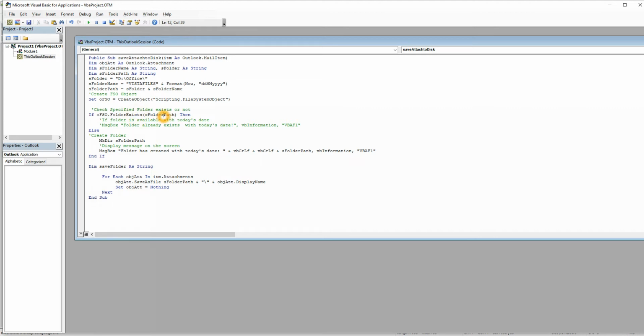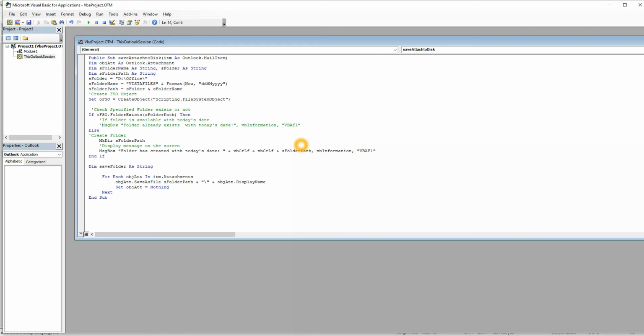I will see if the particular folder exists. If you put a single quote, that's a comment. I am literally very bad with remembering stuff when I'm teaching. So here it is not a comment, but I have put it as a comment because, every time a file was coming, it was going into this if loop and giving me a message dialog box that the folder exists, folder exists, folder exists.